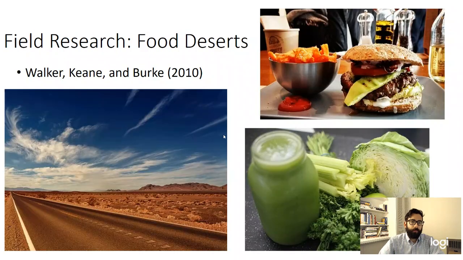Our second one is about food deserts, which we can call field research or a natural experiment, or just going out into the world and understanding. A food desert is a location like this, not literally a desert, but a location where there are not grocery stores or access to food in any case.